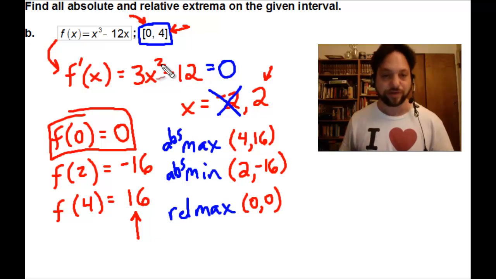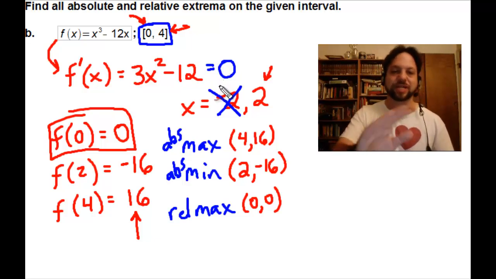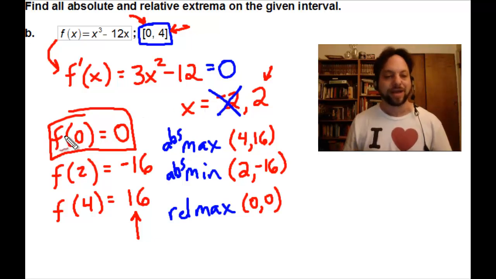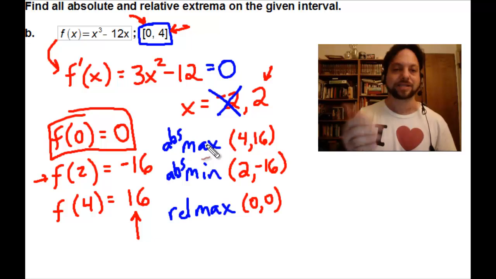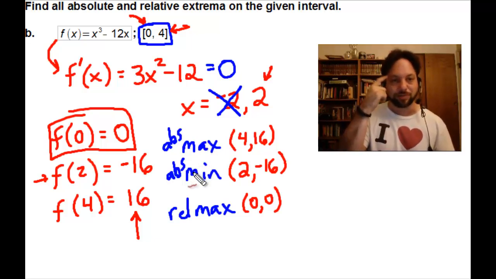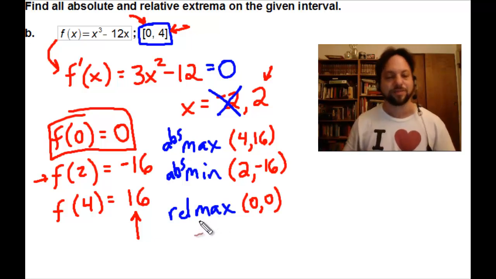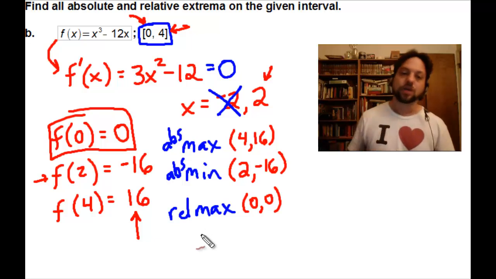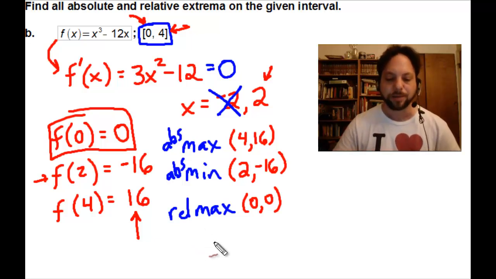We found the derivative, set it equal to 0. There was nowhere that the derivative didn't exist, so we didn't have to deal with that at least. But we had to evaluate f at both endpoints of the interval and the critical number, which we did right there. The highest value was our absolute max. The lowest value was our absolute min. And then we just used a little bit of logic to figure out whether this other point was a relative min or relative max. So all that being done, let's take a look at one more example, example C, which